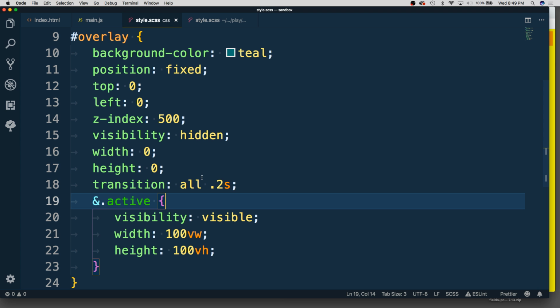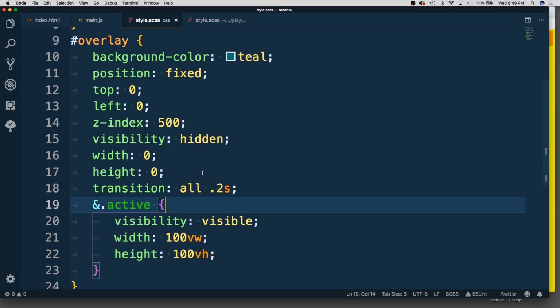I have width and height zeros. Get rid of the default. Whatever you had for width and height, move it down here, and then go to 0, 0. Transition all and some duration. 0.2 is pretty snappy, but you can always start with a longer value, like 2 full seconds. It's going to feel super slow, but